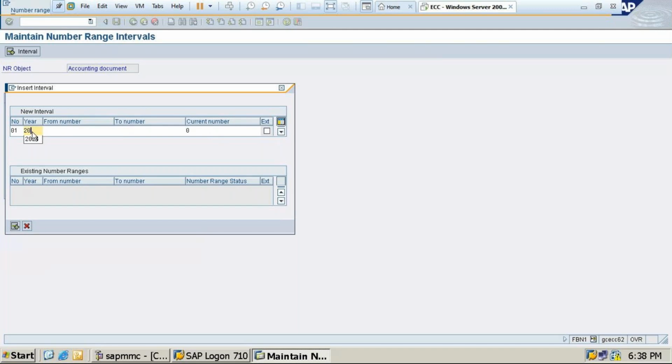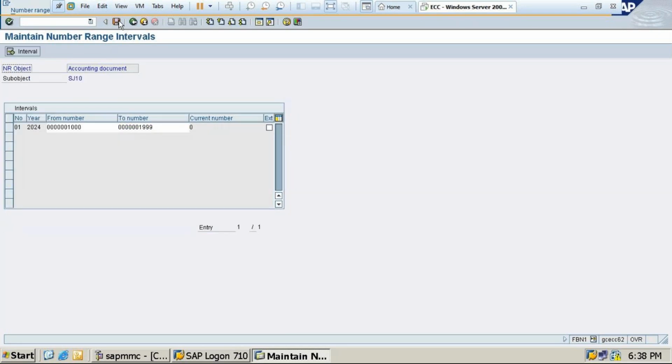So it is 2024. Okay, so from account, so just I'll take 1000, you can take 100 also, does not matter. 100 to 200, 100 to 300, anything you can take. So I'll just give 199. So 1000 documents I'm going to post, 1000 to 2000, that is 1000 only. So click on insert and save this.